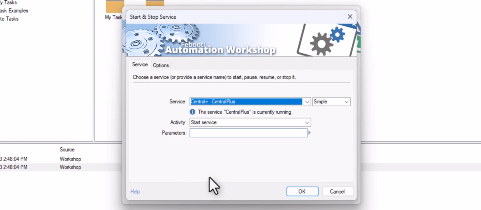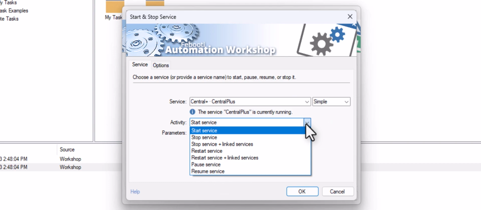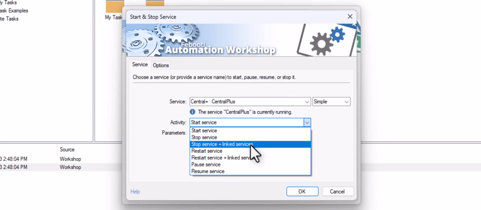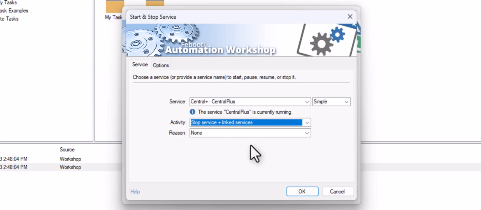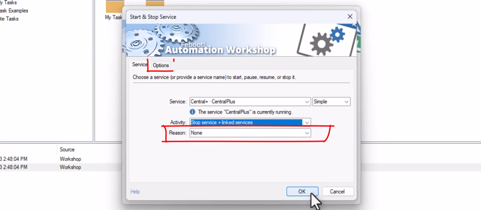Now let's change the activity to Stop Service. I am choosing to also stop the linked services. This allows us to seamlessly stop and later restart any service and all its dependencies completely automatically. Also, for the simplicity of this video, I am leaving the reason and other settings intact.